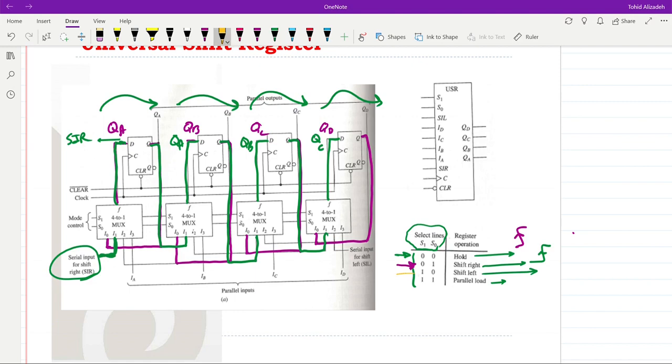In the next one, we have 1, 0 for the S1, S0. The third input to the multiplexers will be selected. So we have it here. Let us see where they are connected and where they receive the data. You can see that for the last one, it receives data from SIL, shift towards the left. For the third one, it receives